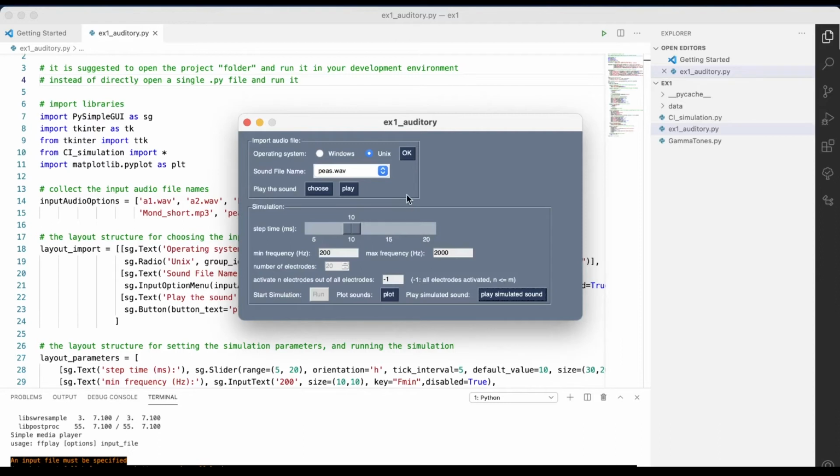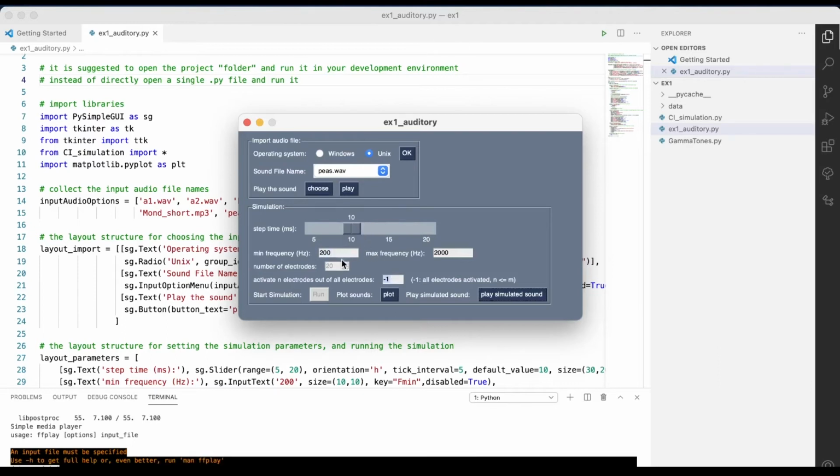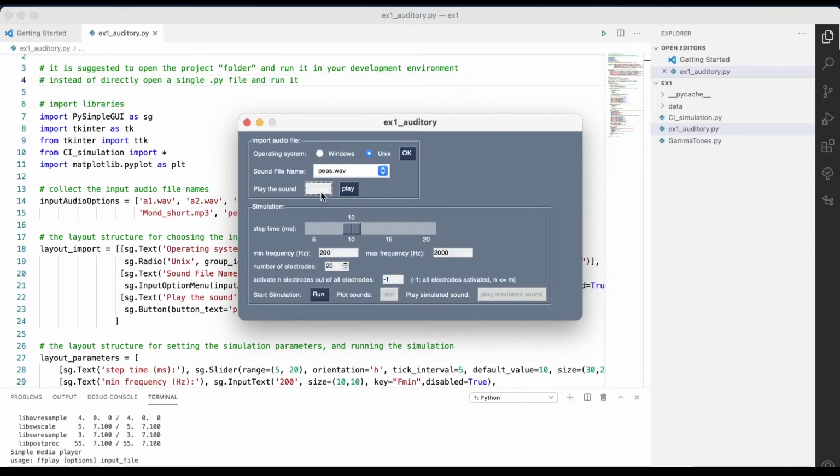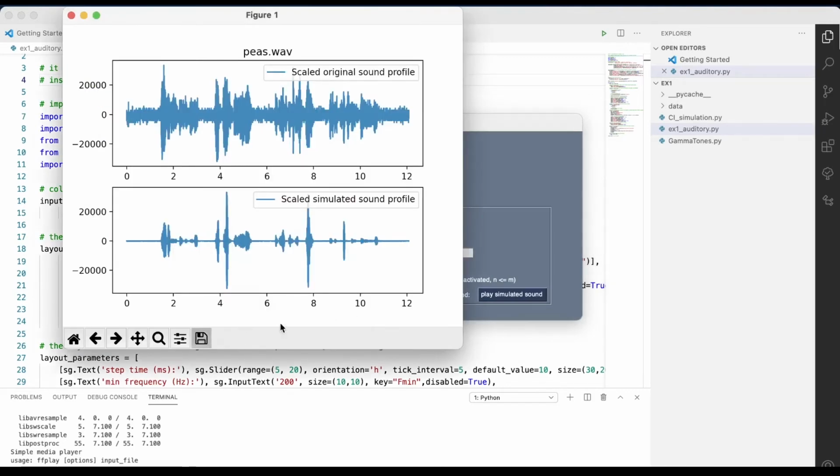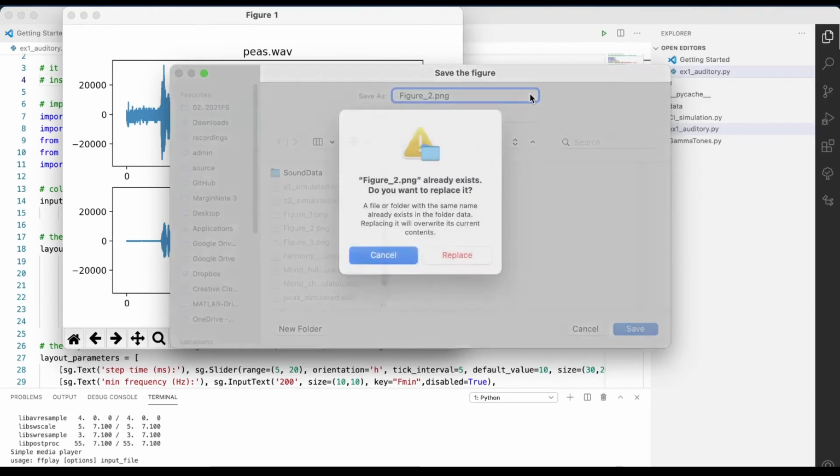To run another simulation, we need to press this choose again to activate all the parameters, because now all the options are deactivated. By pressing this choose, we can change some values. Now we want to check whether the n out of m strategy plays some role. We just choose the number of electrodes as 2, run the simulation, plot the output, save the data as figure 2,